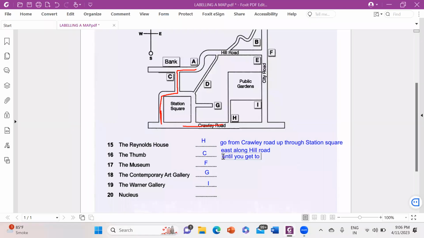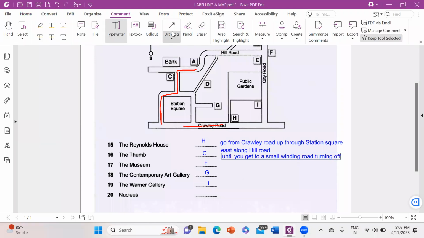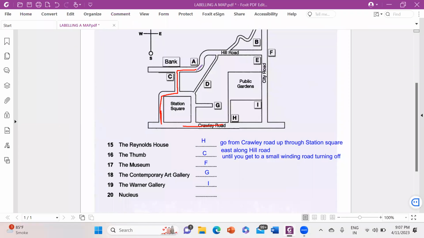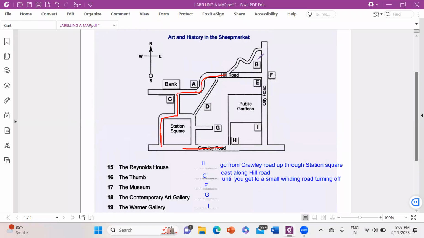until you get to a small winding road turning off. So what they're trying to say is, just go on and on along the east until you get to a small winding road turning off. So you know that this entire road is known as a winding road, right? So once you get to Hill Road, go east along Hill Road until you get to a small